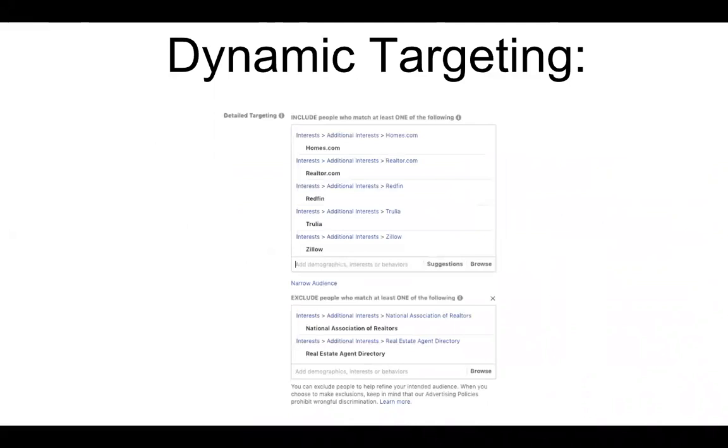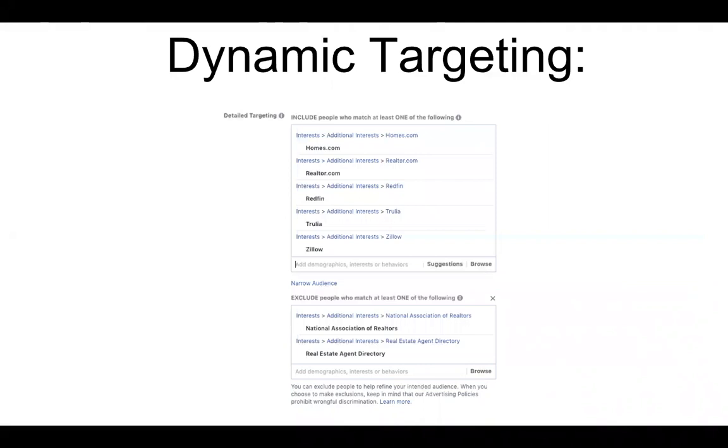And we have a specific formula or criteria or set of interests that we use to identify who are the most motivated, interested people in buying or selling real estate in the near term, right? Who are motivated right now, and then excluding people that maybe don't fit. Or in this case, in every case, we're excluding people that might also be real estate professionals because we don't want to waste our time and money putting campaigns in front of them.